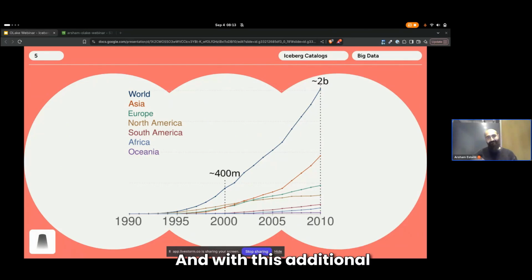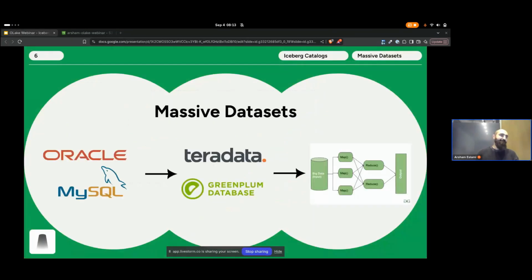And with this additional data, what did it cost? Massive data sets. So, back in the day, pre-2000s, we were able to get by on traditional database systems, like your MySQL, your SQL Servers, all that kind of stuff. You could get by because the data sets weren't that big back then. If you needed to scale your database server, all you had to do was vertically scale. It's expensive, but it was doable. Then we got to a point in the early 2000s where there was a hard limit on storage and compute. Data was growing faster than we could upgrade and vertically scale database servers.